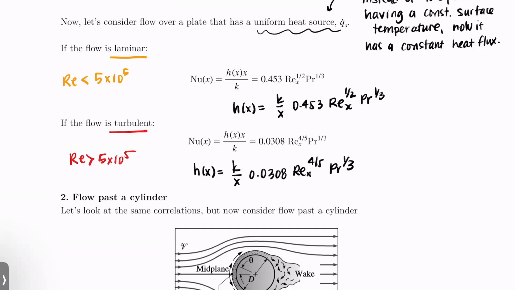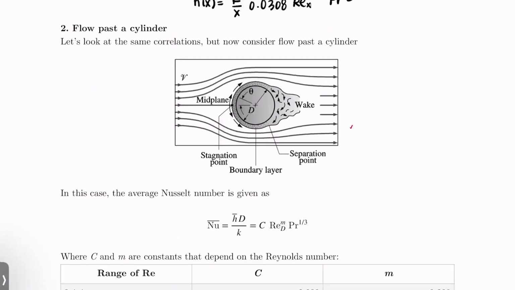Okay, the second geometry that we are going to care about is flow past a cylinder. All right, so we're going to look at the same sorts of correlations, but now instead of flow moving over a plate, it's going to move over a cylinder, just like this. So a cylinder, flow past a cylinder, the cylinder is kind of in or out of the page. So this is just our cross-sectional view here. We're still going to develop a boundary layer around the cylinder, but it looks a little bit different than our